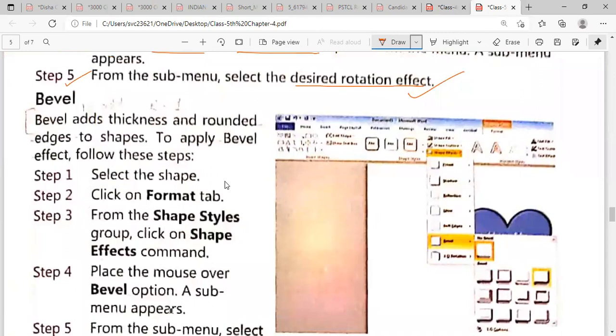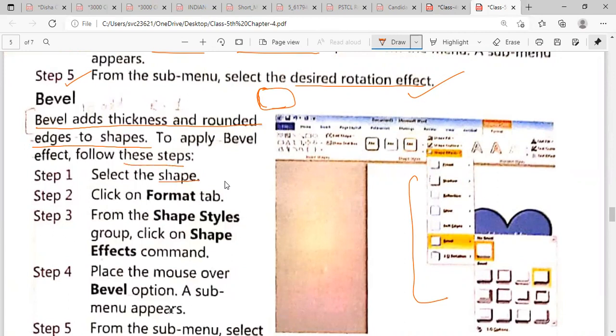Okay, now next is bevel. Now what is bevel? Bevel adds a thickness and rounded edges to the shape. It will apply the thickness, and it will make your edges round. Okay, here you can find the features of bevel here on the right side. Now, what are the steps to apply the bevel?